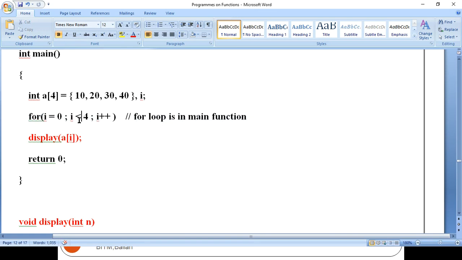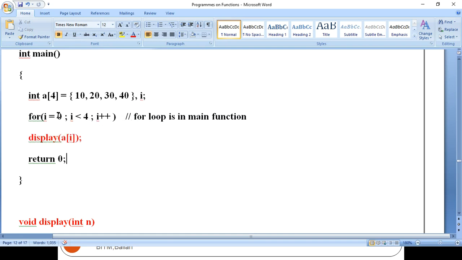So I have a for loop, right? Loops make it easy to handle arrays. I said this in the looping concepts and also in the array concept, that the commonly used loop with arrays is the for loop. So whenever we have a for loop followed by a function call with respect to arrays, understand that normally it will be passing individual elements of the array, right?